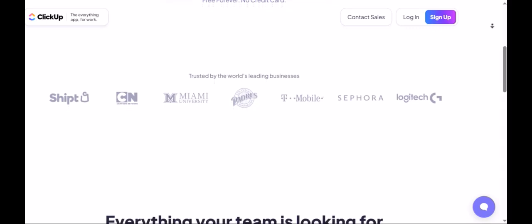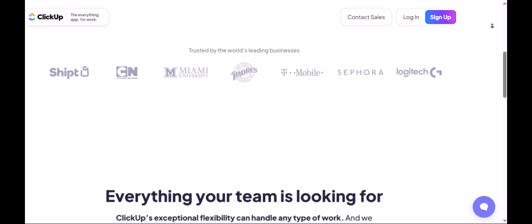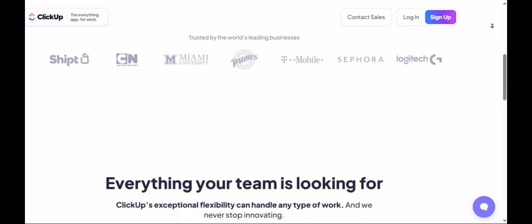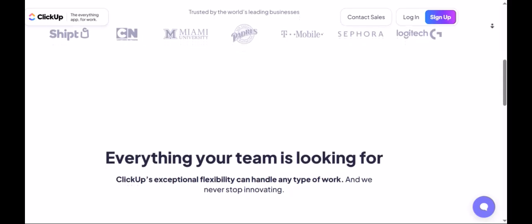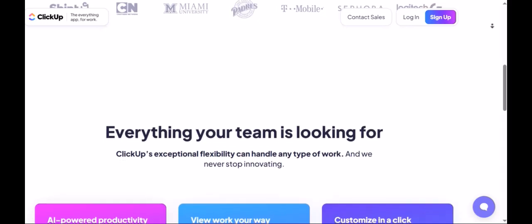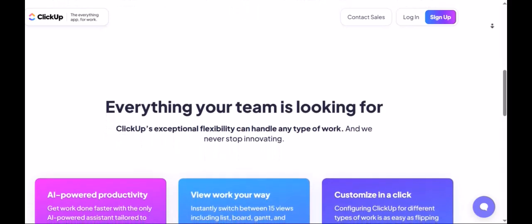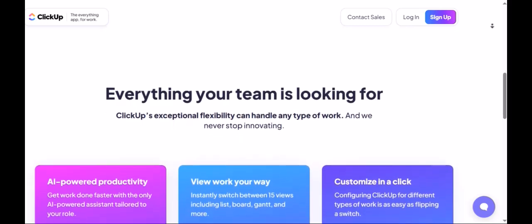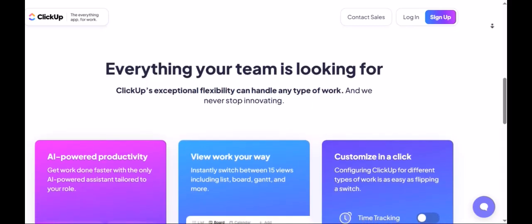So, the question on many minds is, does ClickUp have workflows? The resounding answer is a definite yes. In fact, workflows are a cornerstone of ClickUp's design, providing a flexible and customizable system to manage the progression of tasks from initiation to completion. Understanding and leveraging ClickUp's workflow capabilities can significantly improve your team's efficiency, reduce errors, and provide a clear overview of